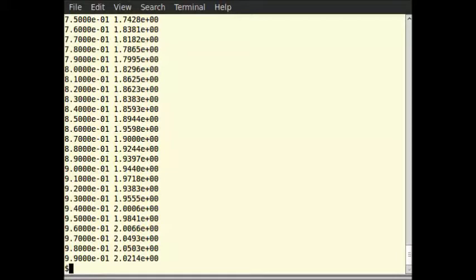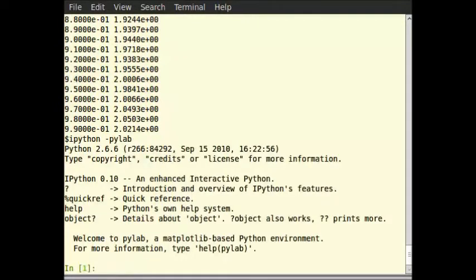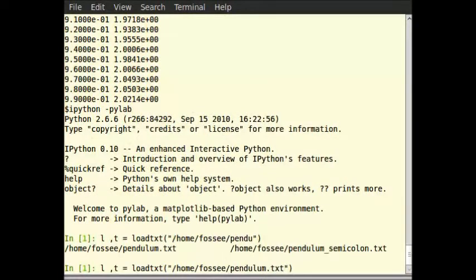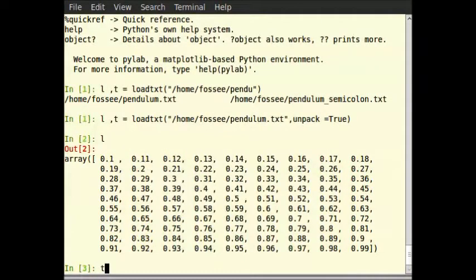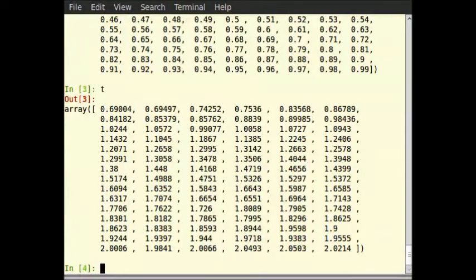So type in the terminal ipython space -pylab, then type L, T is equal to loadtxt within brackets in double quotes /home/fossee/pendulum.txt, comma unpack is equal to true, then bracket close, then type L, then secondly type T. We can see that there is a visible linear trend, but we do not get a